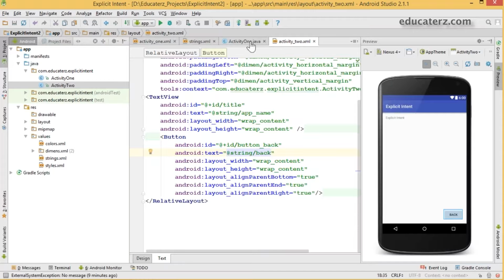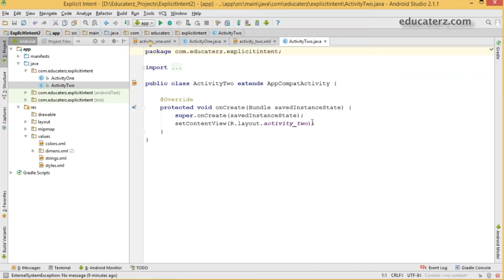Now come back to your Activity2 dot java. Okay. So here is your application logic file, meaning the Java file. Here for the button, I would like to set a listener. So just as I did in our first activity, load them into your activity.